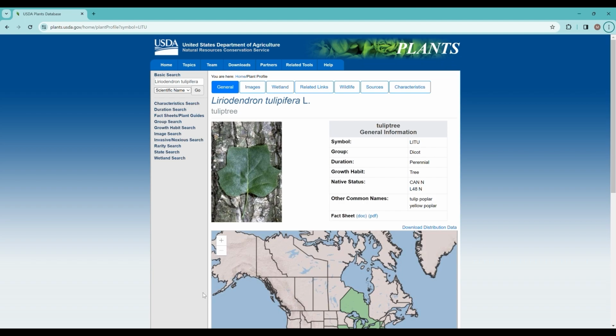I do recommend using scientific names if you can get a hold of them for the things you're considering. It's just more accurate. Some plants have the same common name and confusion can happen. So better to use the Latin name, the scientific name of the plant material you're considering. So I typed that in, and you can see over here